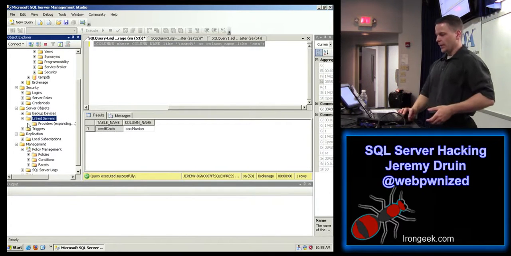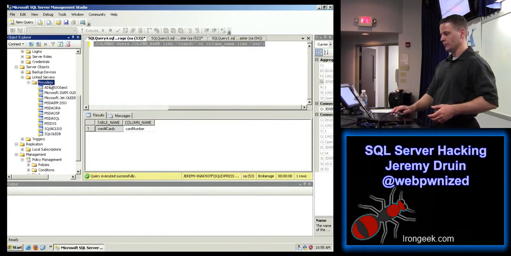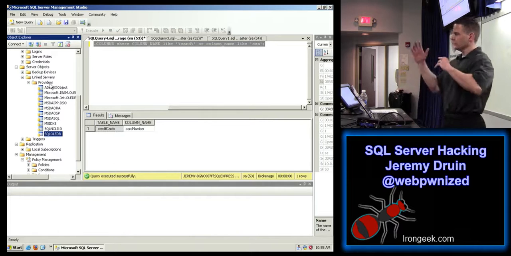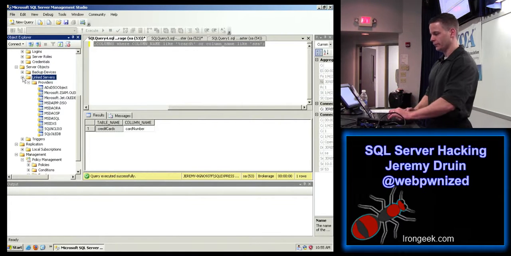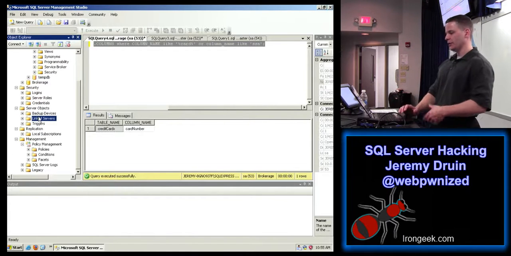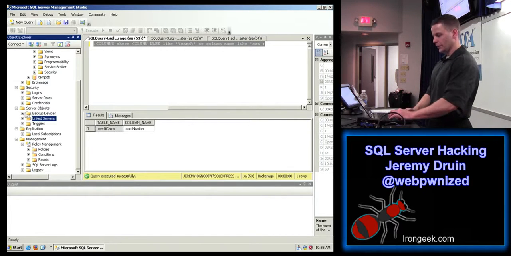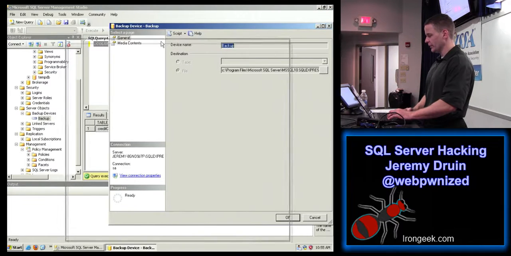There are all these providers, drivers, in SQL Server natively that connect to Oracle and stuff like that. So it knows how to talk shop with those other brands. And of course you can add drivers too. Okay, so you set up a linked server and then you can run a query against that server from inside your local queries. But these backup devices, this came in handy one time